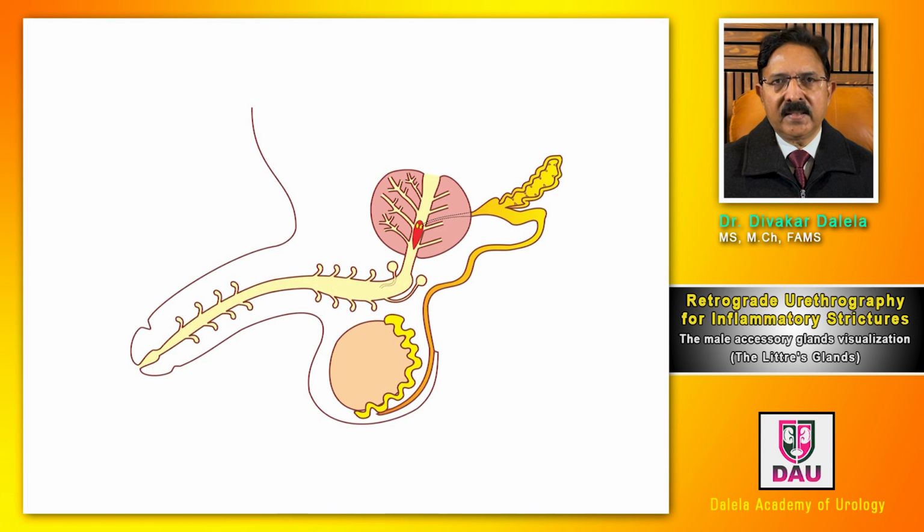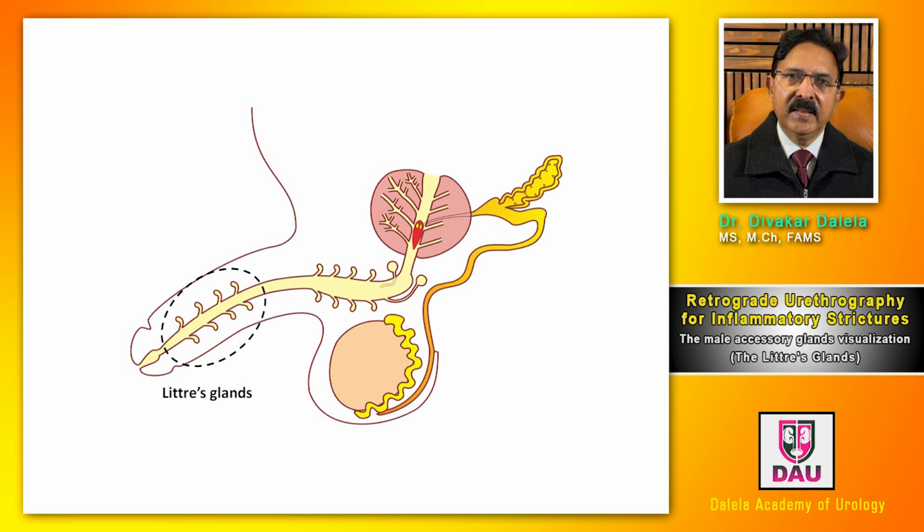The rest I'll talk about later. If you look at male urethral anatomy, the male urethra has many glands which drain their secretion into the urethral lumen. And these glandular secretions have various purposes. I'm not discussing that part here. A set of glands exist in the pendulous urethra, more dorsally, less ventrally. These glands are called Littre's glands. They also exist in the area of the bulbous urethra.